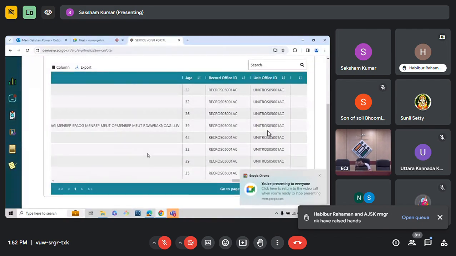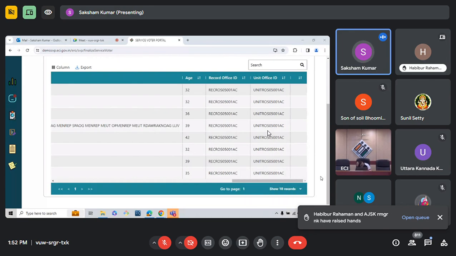So while you are going to do the testing for the pre-counting, you have to download the ballot paper as well as the PIN from the demo server. In order to download that ballot